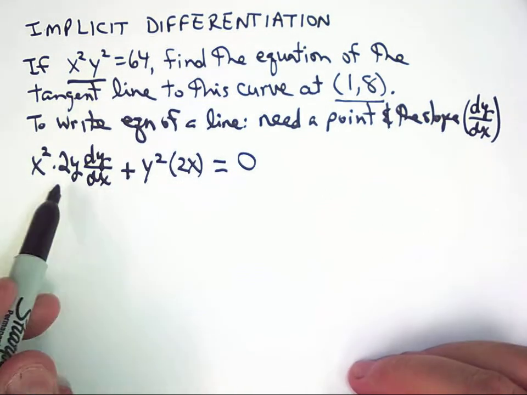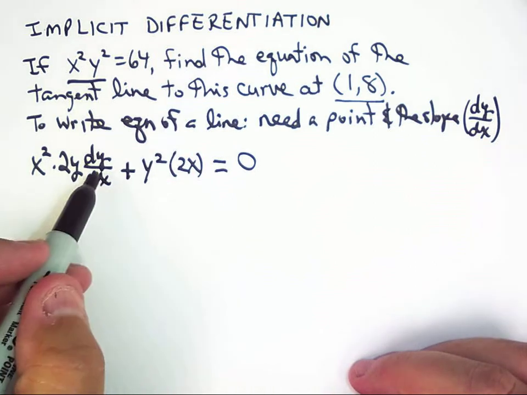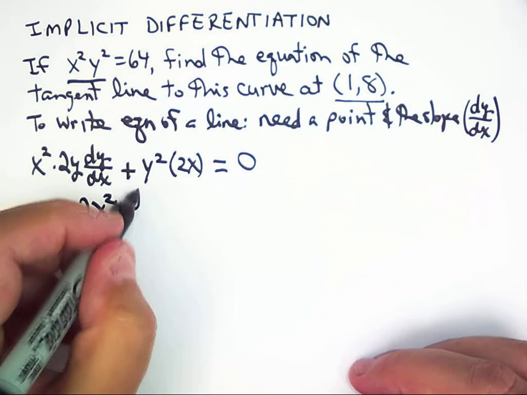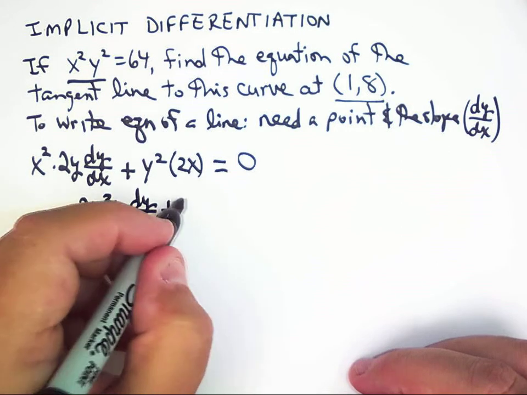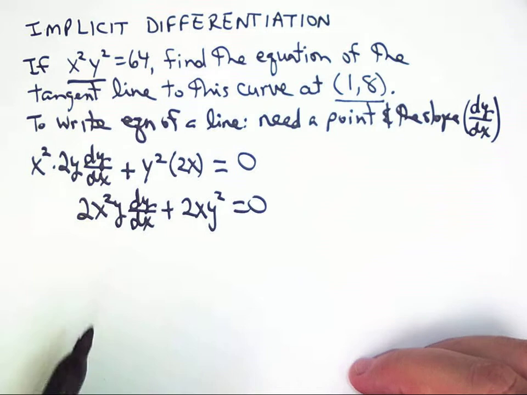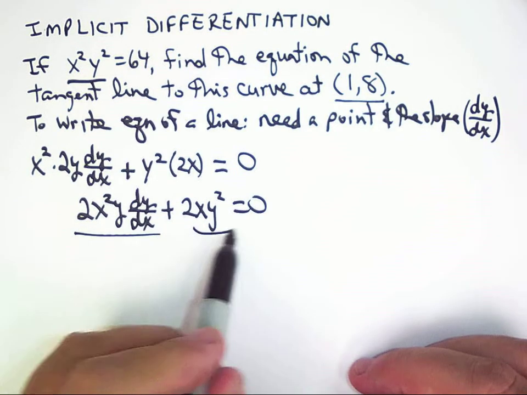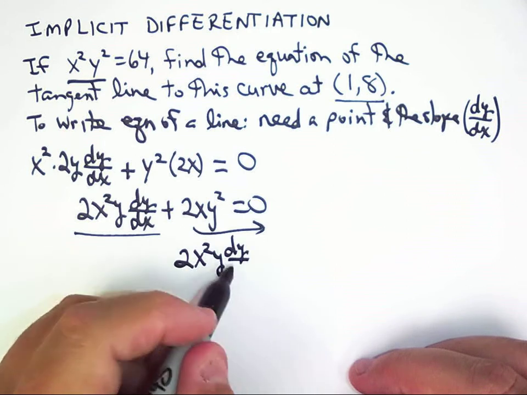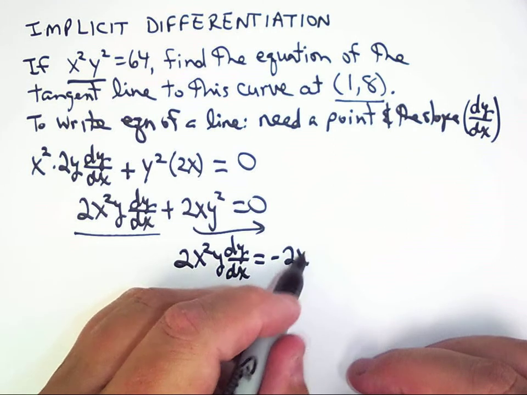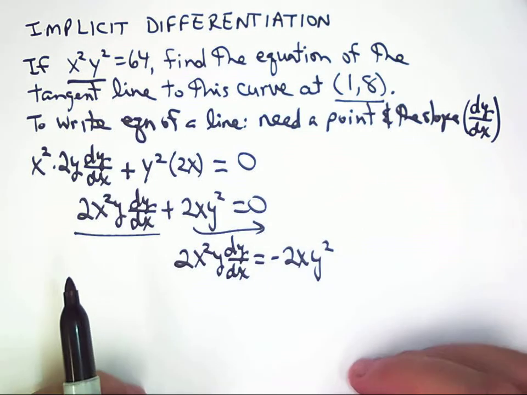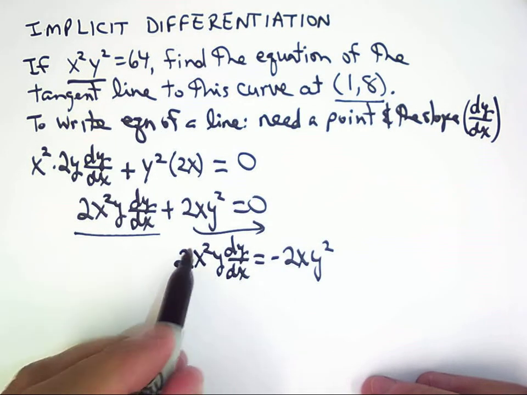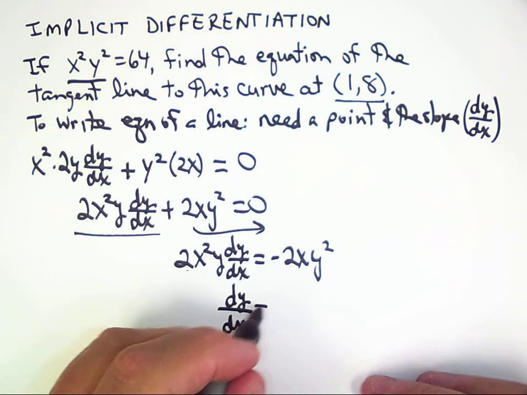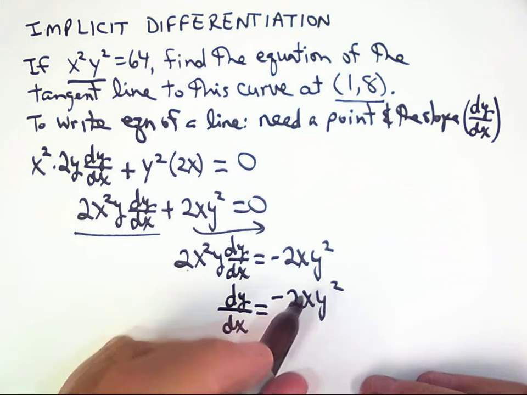Now it's just a matter of simplifying it and writing this with dy over dx on one side. So what we really have here is 2x squared y times dy over dx plus 2xy squared equal to 0. So I want to leave this where it is and move this term over. So I get 2x squared y times dy over dx equal negative 2xy squared. Then if I divide both sides by that 2x squared y, I get dy over dx is equal to negative 2xy squared over